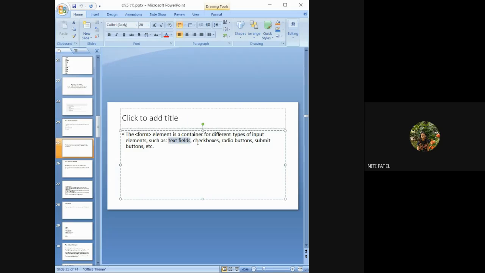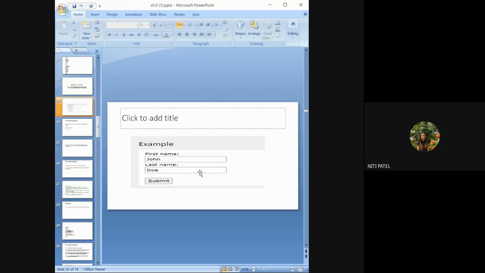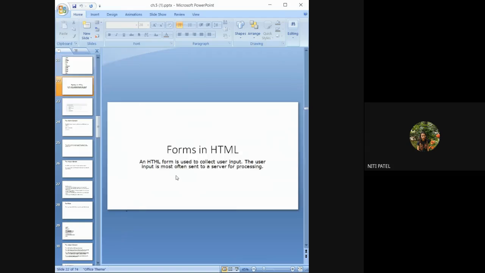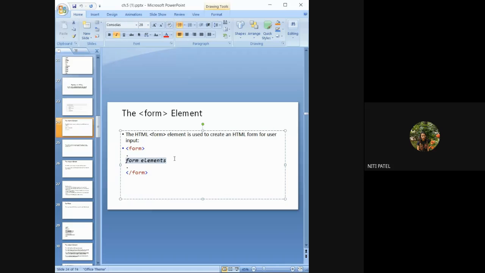we can have checkboxes, we can have radio buttons, we can have submit buttons, and so on. So this form which we will be preparing will not only have this text field, but apart from this text field, it can also have checkboxes, it can also have radio buttons, it can have submit button, reset button, drop down list. All these elements can be added inside the form. Okay, and those elements like text, checkbox, radio, all these are nothing but called the form elements, which we are going to add inside this opening and closing of form tag.